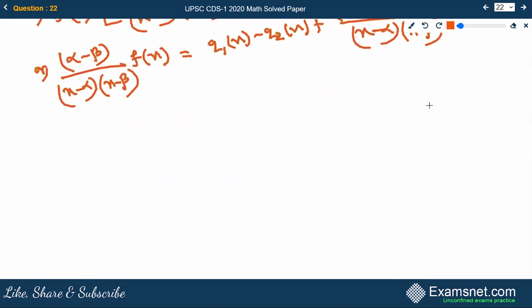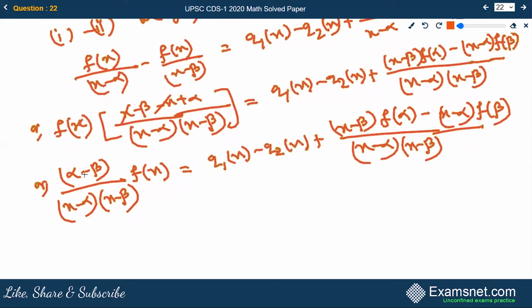Now we can shift alpha minus beta by x minus alpha x minus beta to the other side. So it will become f of x equals